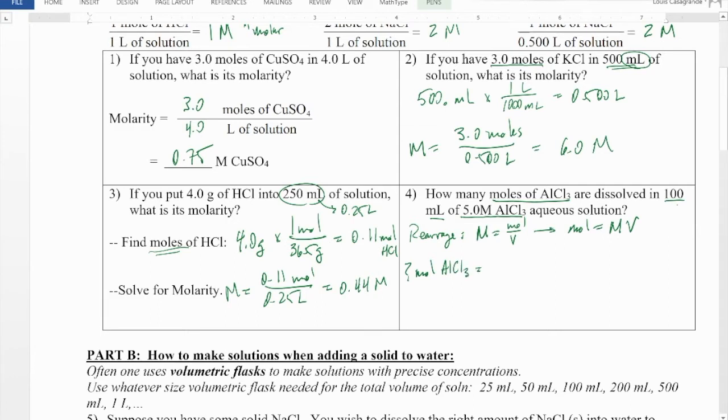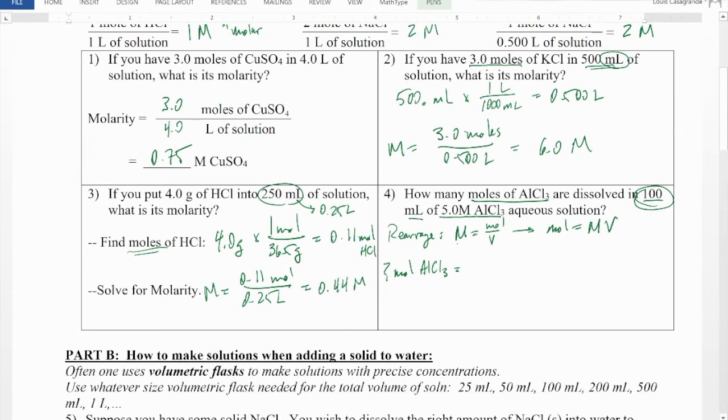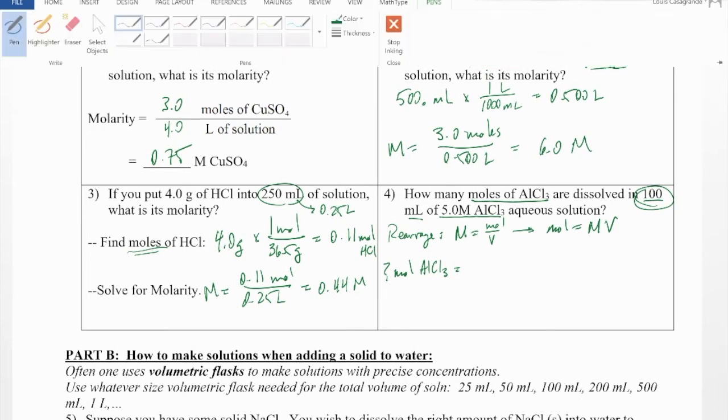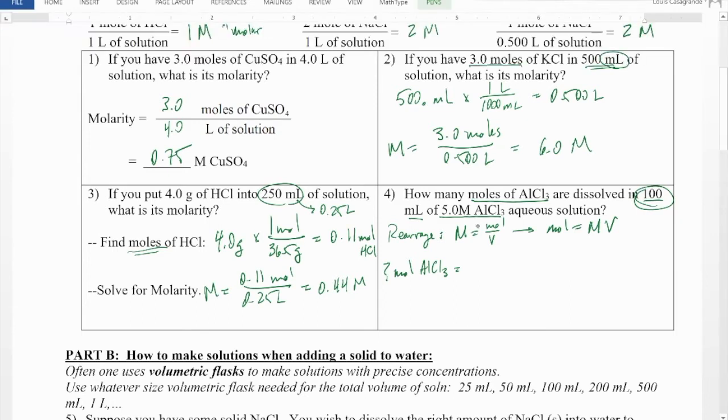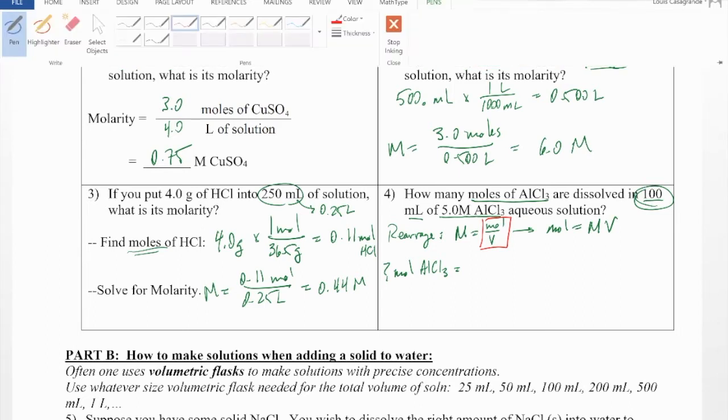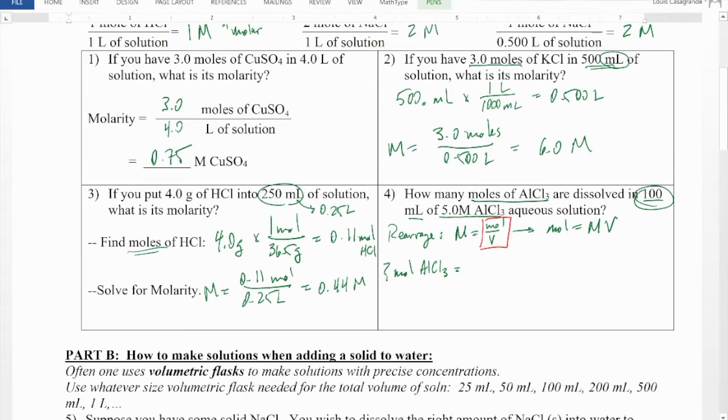Start with the volume. Why the volume? Because the molarity is actually a conversion factor. If we look at how the molarity works, this molarity is a conversion factor between volume and moles. And so I'm going to start with my volume, which is the single unit, and again, convert that